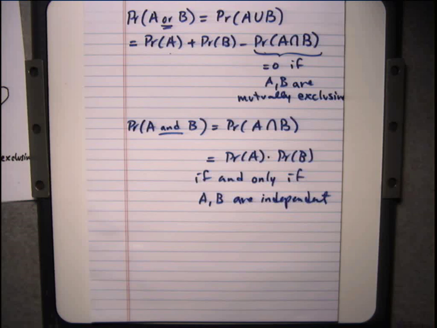So what is an example of two independent events? Two independent coin tosses. So if you toss a coin twice, and I'm going to ask you, what is the probability of getting heads and then tails? Then if the two coin tosses don't have anything to do with each other, it's just the product of the two.